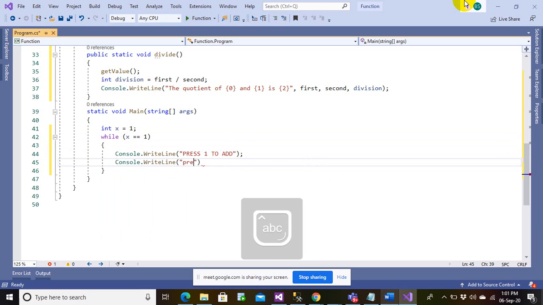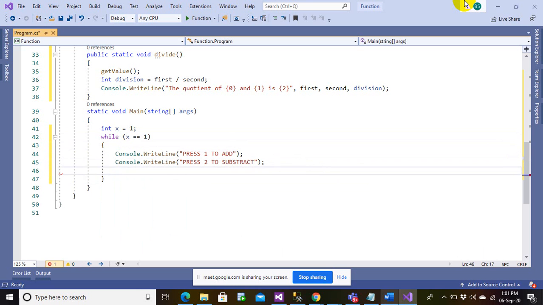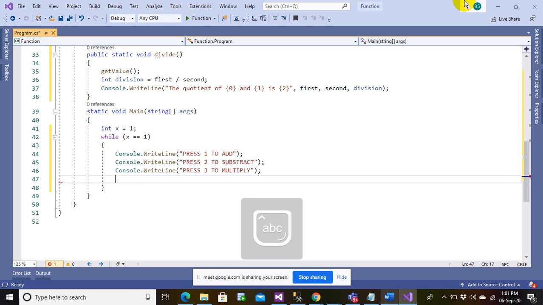Press 2 to subtract. Press 3 to multiply. Press 4 to divide.